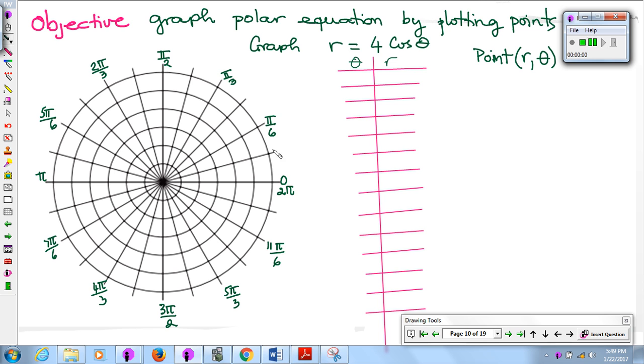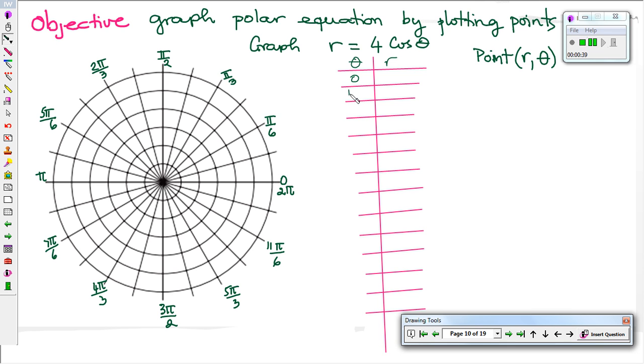Now if you look at our polar coordinate graph here, we label all of the angles in radians. We go by pi over 6 and then pi over 3, so basically they are multiples of pi over 6. The first thing I'm going to start with is 0, then pi over 6, then pi over 3, and then pi over 2, 2 pi over 3, 5 pi over 6,